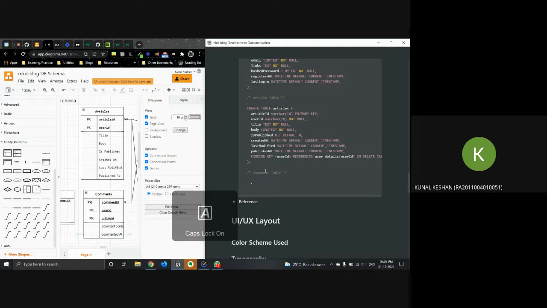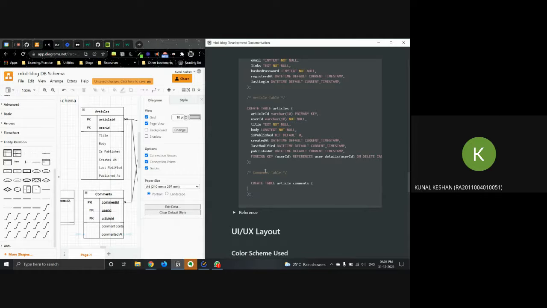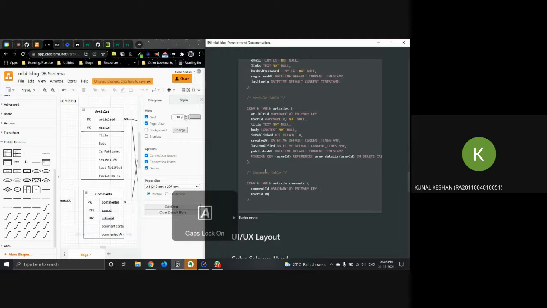Yeah, create table article comments. If you guys have a better name, feel free to tell me. I'm just doing what was coming to the top of my head. Yeah, so create table article comments. Yeah, so comment ID. It's varchar 10, primary key. User ID